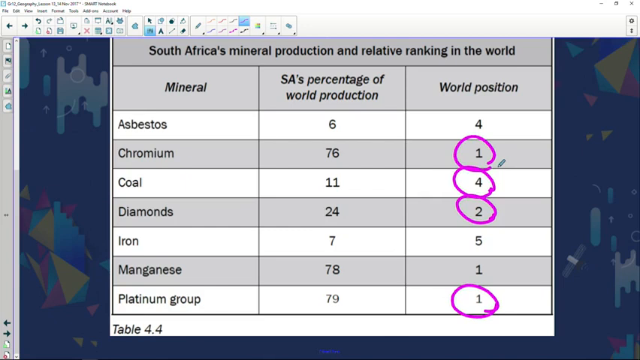If you look at the SA's percentage of world production, 76% of all chromium comes from South Africa. 79% of all platinum comes from our country. Crazy if you kind of think about it. Now let's look at the questions regarding